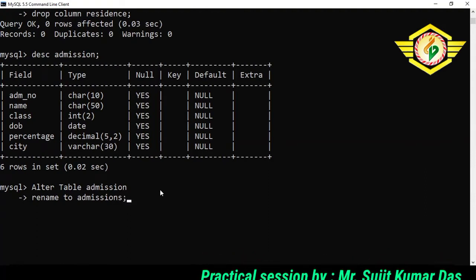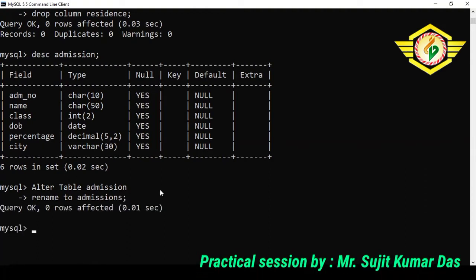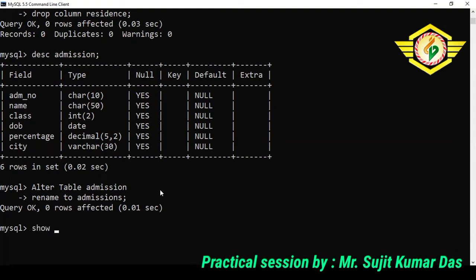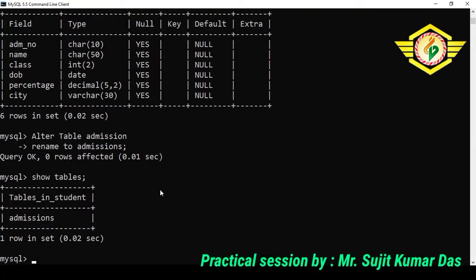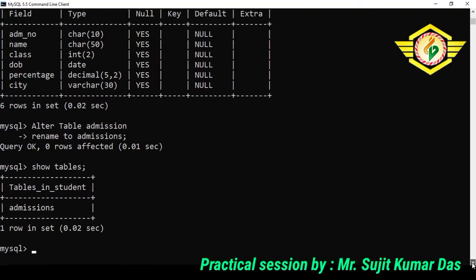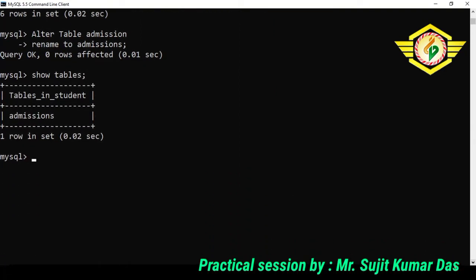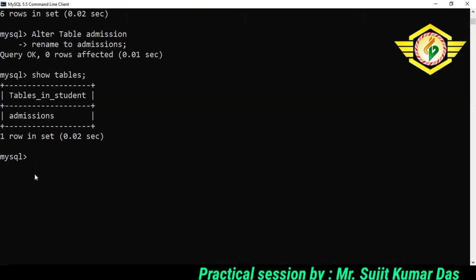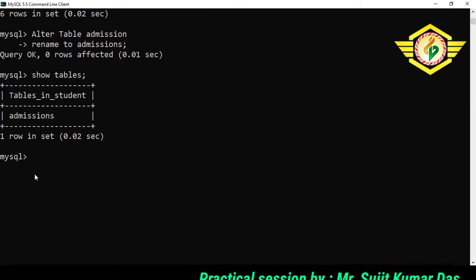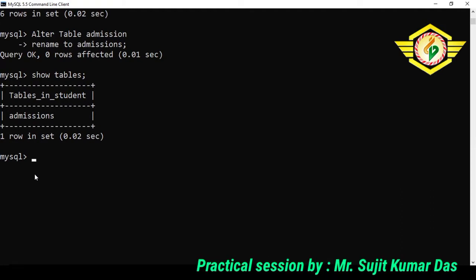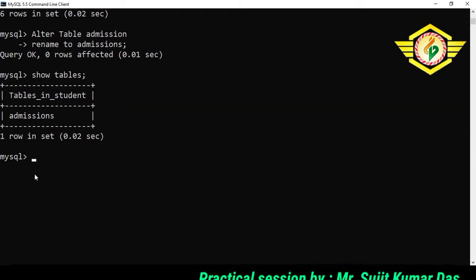Put a semicolon, press enter, query OK, and we will now write the command show tables. Now the name of the table has been changed from admission to admissions. Okay, so all the 5 variants of alter table command have been discussed. I think you all will be okay with these variants of alter table.